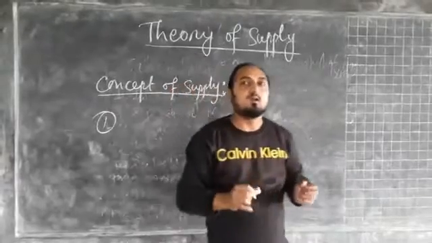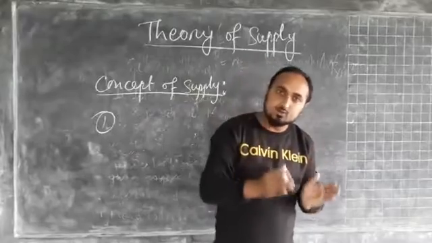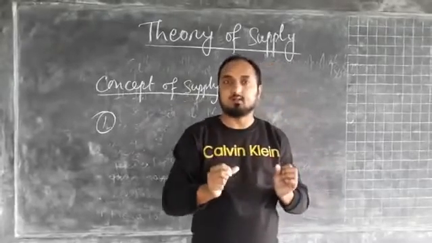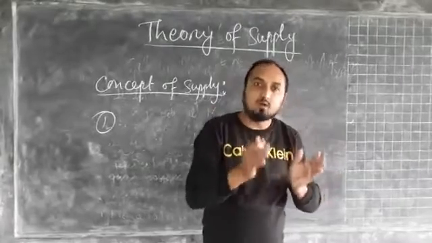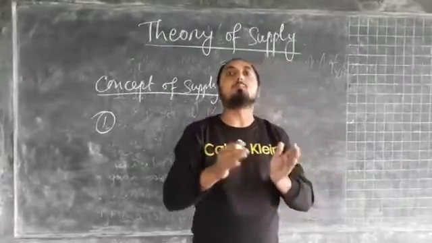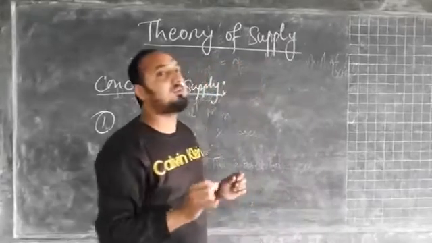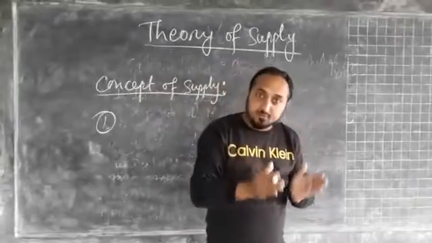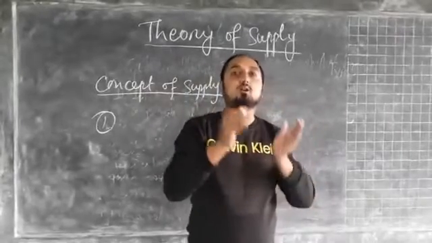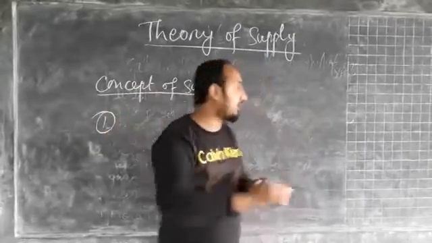Now second thing, whenever the quantity is being supplied in the market, that is also with the reference to time period. Time period means whether the commodity is being supplied for per day, per week or per month. So here time period is also very important. That's why in the definition we have mentioned that whatever the quantity of commodity that producers are willing to offer for a sale at a particular price during particular period of time.